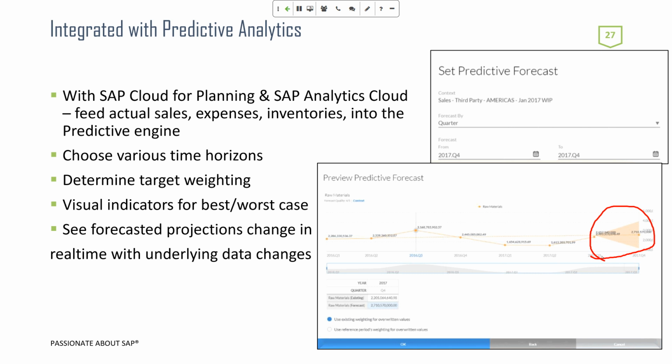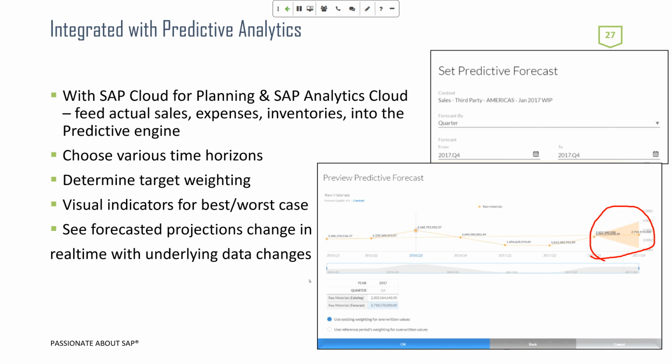You can see that we do have some seasonality in this time horizon, where we didn't do a lot of this work in Q1 and Q2, but we have a lot in Q3 and Q2. I'm looking at a specific time horizon and creating a predictive forecast that says this is what my best case, worst case might be. This is something a supply chain planner or buyer might use to go to that vendor to say,